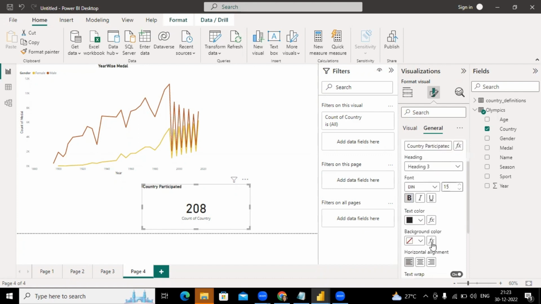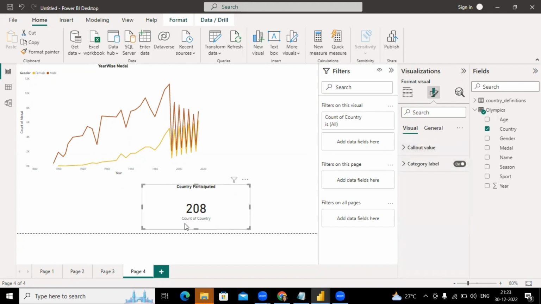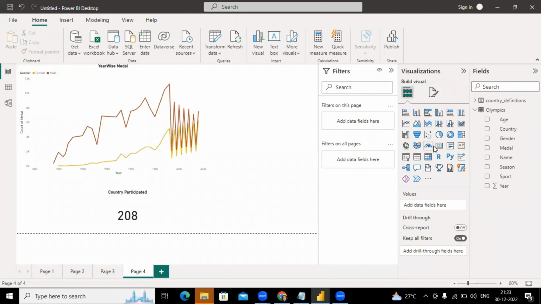And 15 and alignment, and I just don't want this count of country. It is nothing but category labels, so I'm just turning it off, and this is my first card. And the second card, maybe just create a card, use this card,